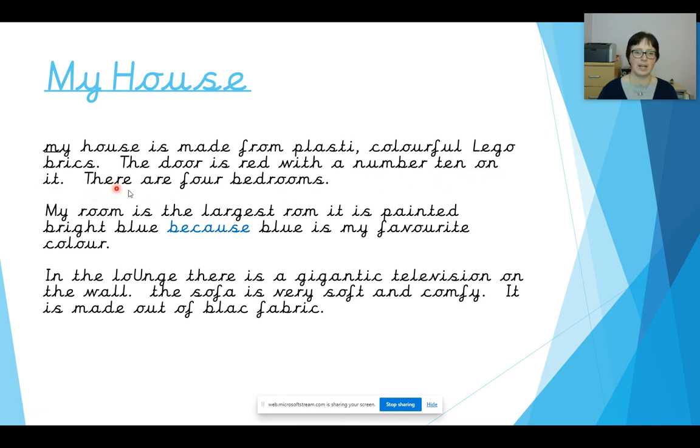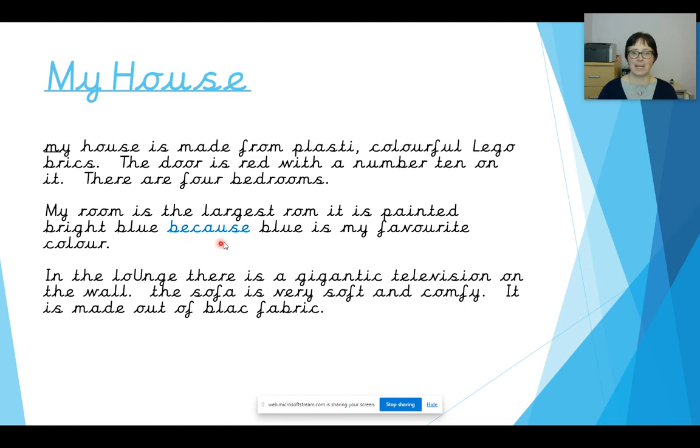That's okay. There are 4 bedrooms, full stop, brilliant. My room, oh, I remember my capital there. My room is the largest room. Oh, let me look. I've got the word rooms, bedrooms here, about how you make that oo sound. My room is the largest room. It is painted